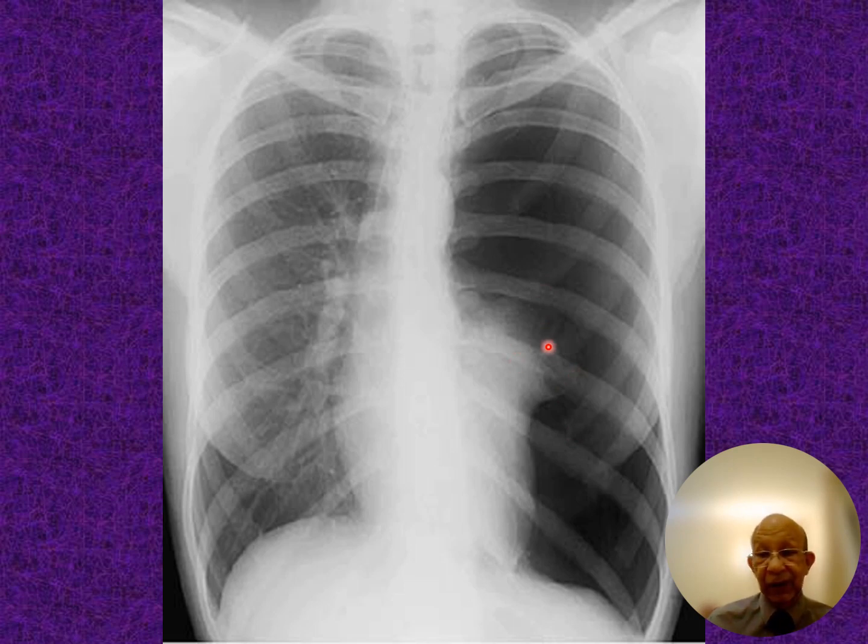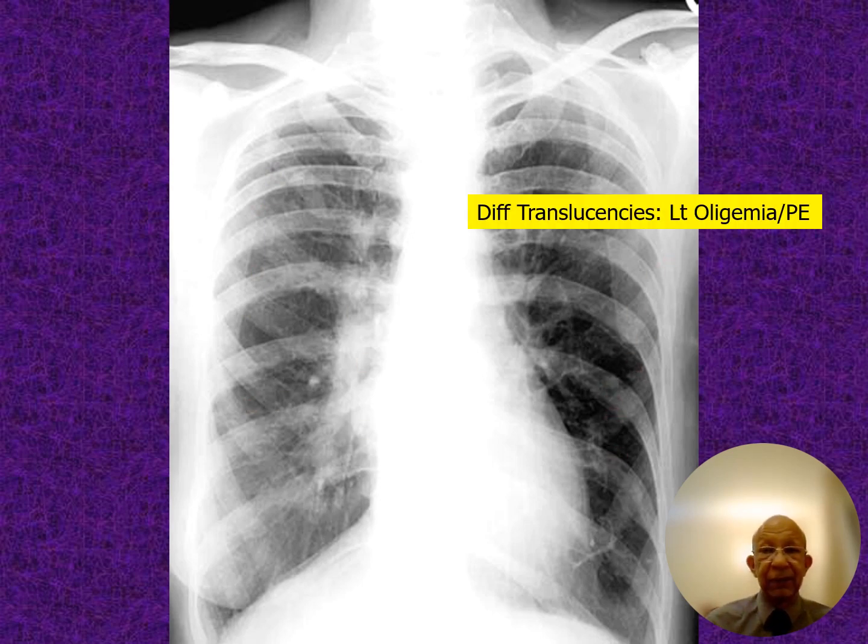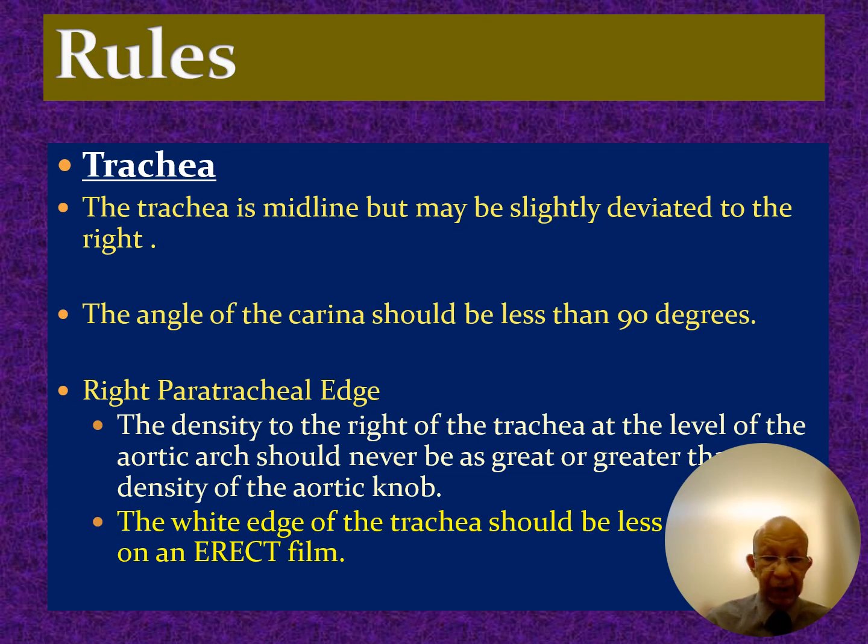You can see that the lung here has collapsed to the hilum on the left side, right? The whole lung is actually hyperinflated. So this is a pneumothorax on the left side, okay? And if you look here, you can again spot that this is a bit whiter than this one, okay? And the reason is different translucencies because of left-sided oligemia due to pulmonary embolism, okay, or Westermark sign, sometimes